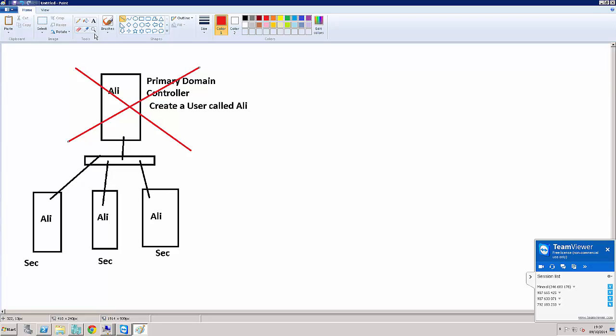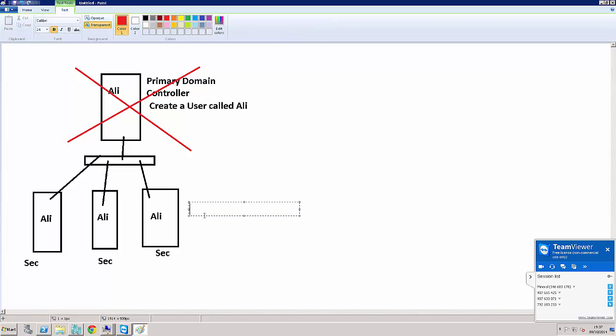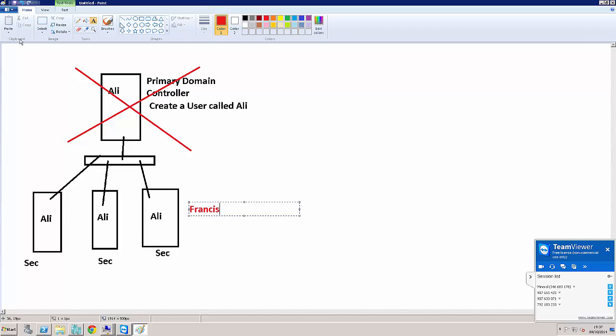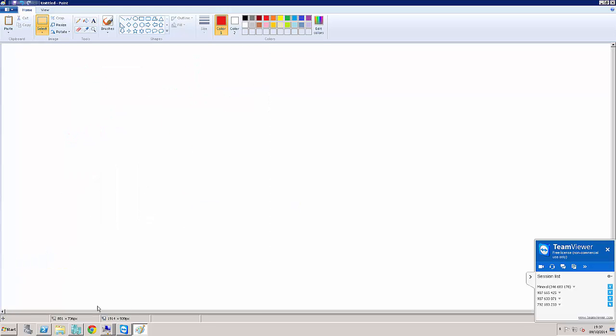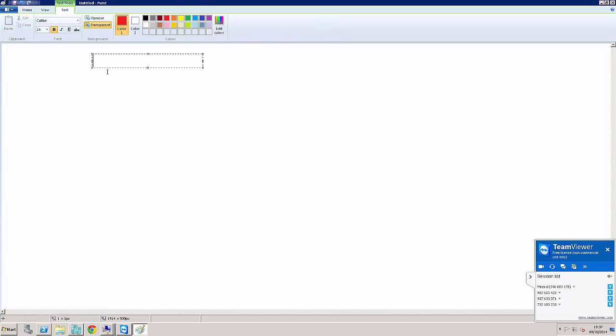But the thing is that we can't go ahead and say, now we want to create another user called Francis. We can't do that because we can only make changes on one of them. That used to be the case many years ago, till Microsoft decided, okay, technology has improved more than that. All this is crap, that's not the way it's supposed to be. So then they created a new system. The new system is called